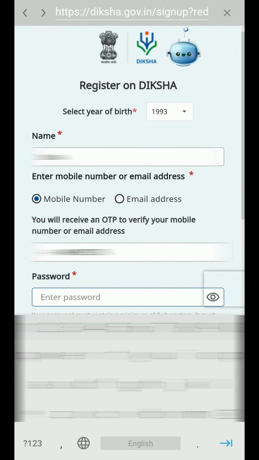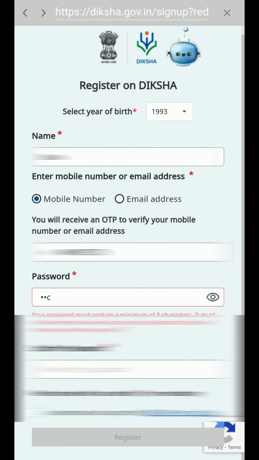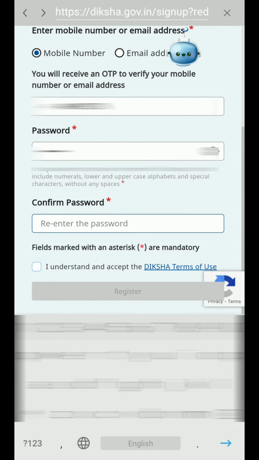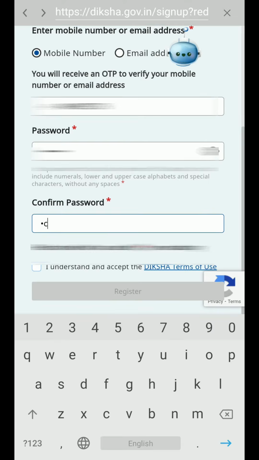Type the password. Your password must contain a minimum of 8 characters. It must include uppercase, lowercase, numerals and special character. Same password type in the confirm password box. Accept the terms and condition.